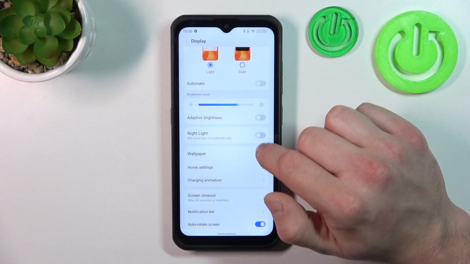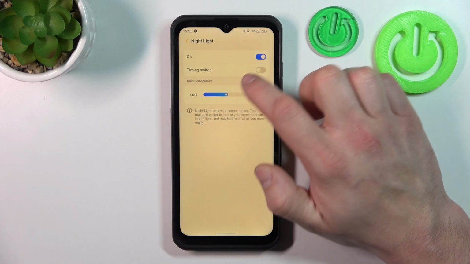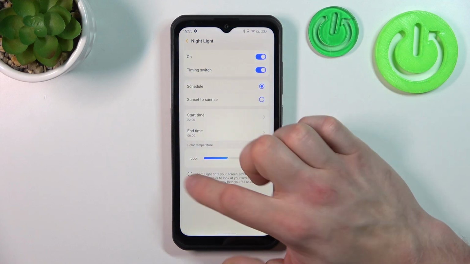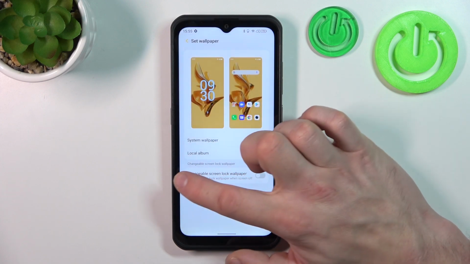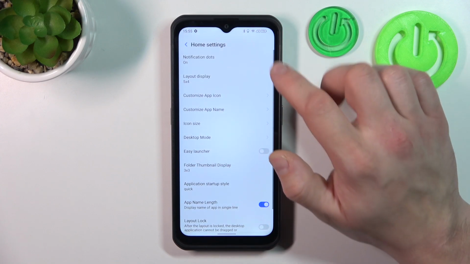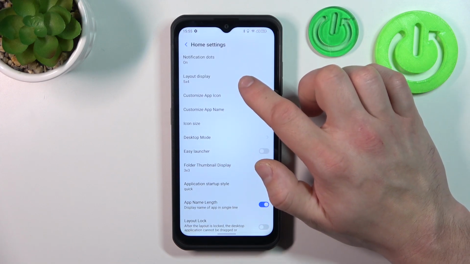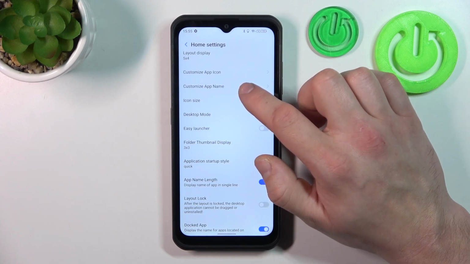Next we can enable or disable night light, adjust its temperature and schedule it. Then we can change wallpaper, enter home settings, where we can enable or disable notifications on dots, change layout display, customize app icons, app names,